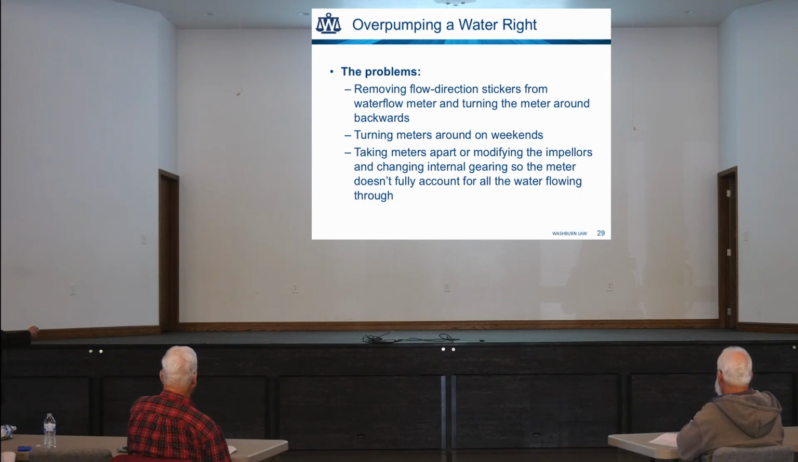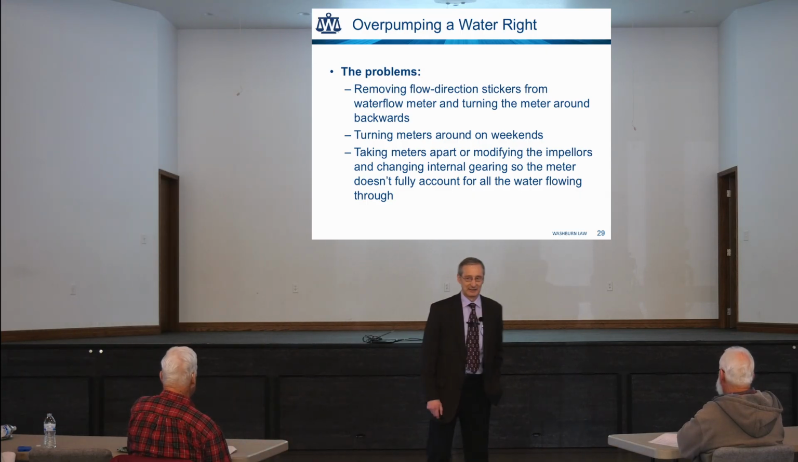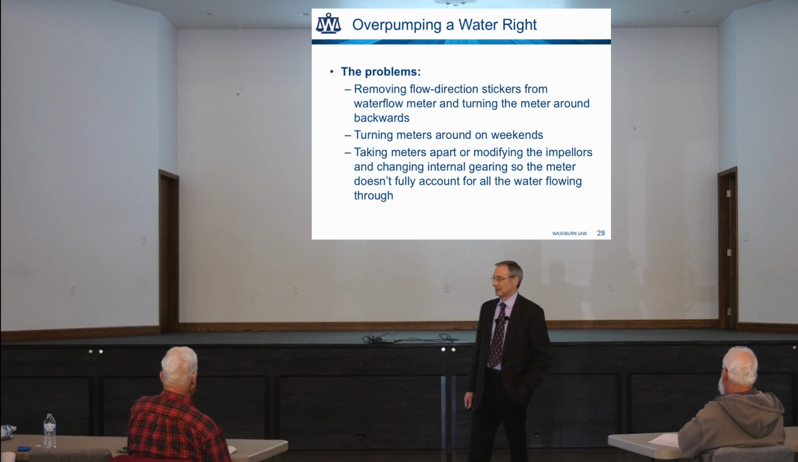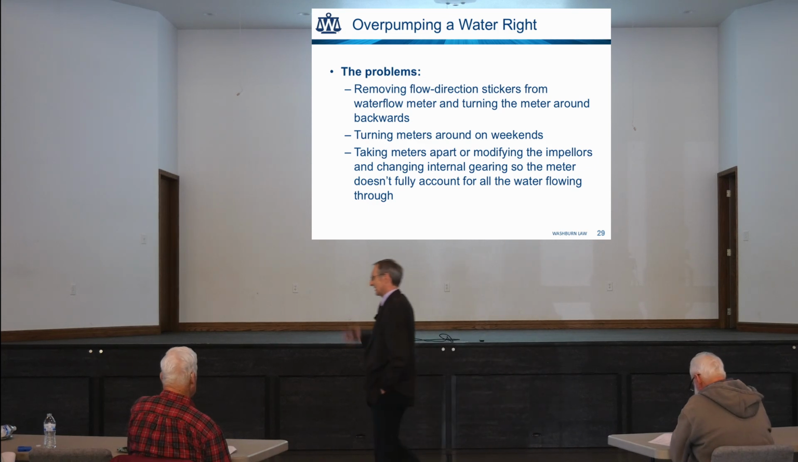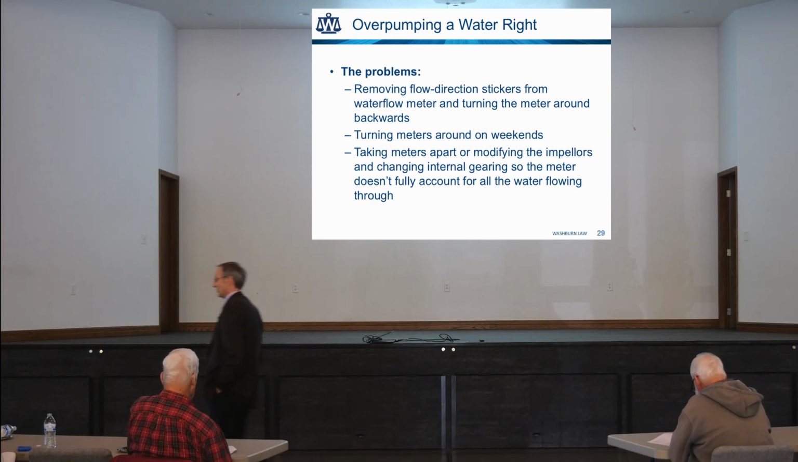Somebody took a meter apart and modified the impellers and changed internal gears so that the meter didn't fully account for all the water flowing through it. That's really naughty. Don't do that. That got a big penalty. Okay. Related to this, on the crop insurance side of things,